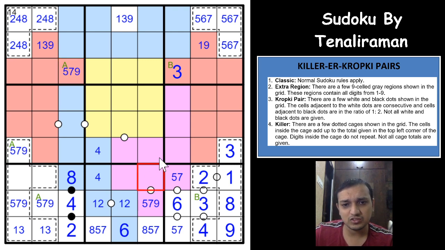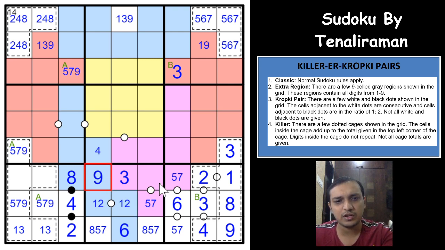So this cell cannot be a 3 now, because we knew that one of these 2 cells would have to be 3, and this cell cannot be a 3, so it would have to be this cell, and this cell cannot be a 9, because if it is a 9, this would have to be an 8, and you already have an 8 here. Superb. So these 2 cells are 4 and 6 in any order, right? No, sorry, 4 and 9 in any order. So this cannot be a 9, because then 8 would have to be here. So this cell would have to be a 9, this cell is a 4, and because with the 4 here you get a 5 here, so you eliminate 5 from these 2 cells.